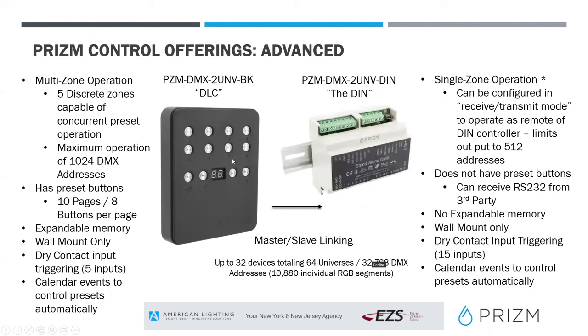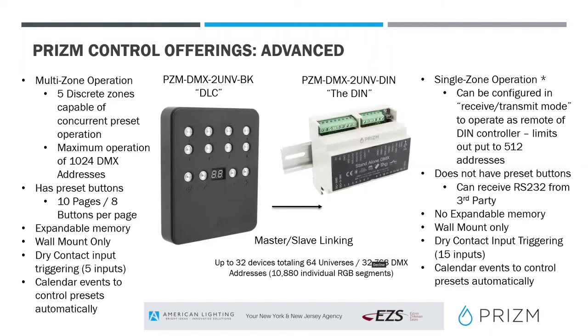So like he was using for the ballroom example, maybe you have a show going on in the ballroom and then you have another ballroom. So you have a couple of different ballrooms. You could have zone A corresponding to ballroom A and zone B corresponding to ballroom B. So you could be having just a basic white light static for a presentation going on in ballroom B, but maybe ballroom A is having a party, so they want to have the lights doing a little bit more dynamic. You can have one DMX controller controlling that for both different spaces simultaneously,